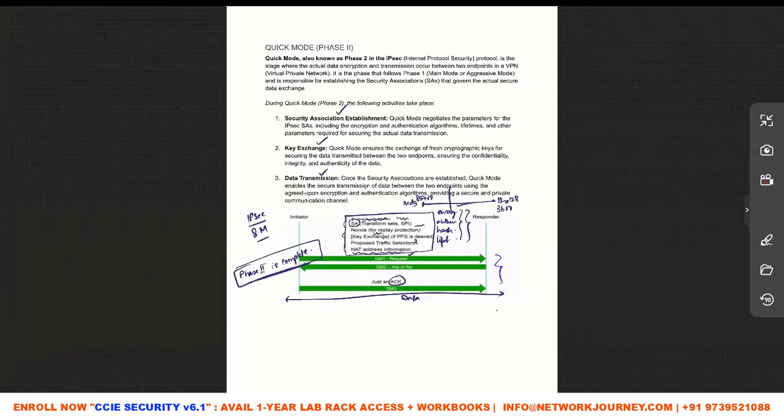Actually, there are two tunnels, right? Phase 1. Once the phase 1 tunnel is up, the phase 2 messages are going via the phase 1 tunnel, or how is it? Yes, it is. It needs certain properties of phase 1 to build phase 2, but phase 2 is within phase 1 only. So it will act like